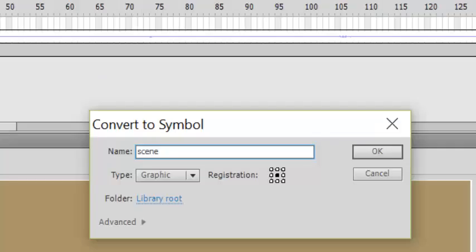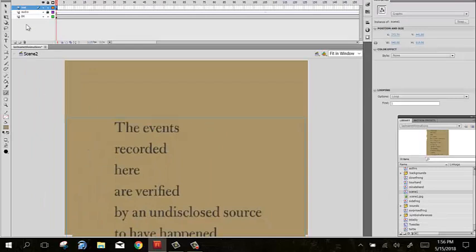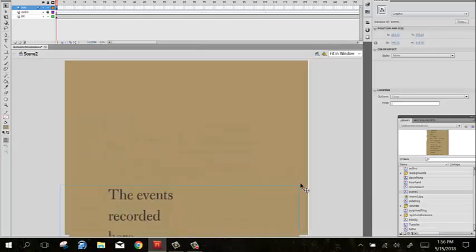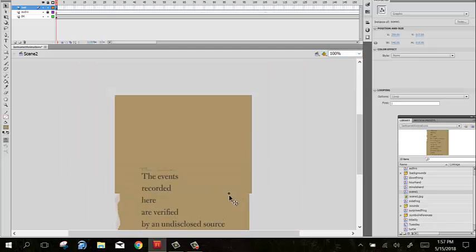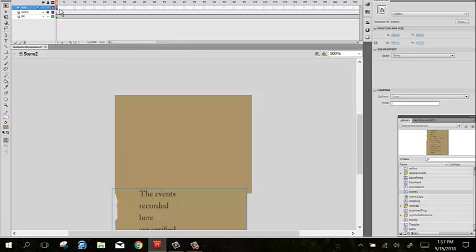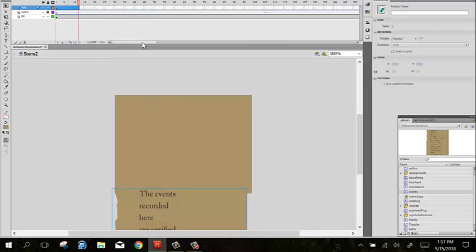Don't really need to worry about the registration. I'm going to take this, drag it down all the way to the bottom, and I'm going to have this scroll all the way up and out of the scene. So I need to right click, create my motion tween. I'm going to come to the end, add my keyframe,